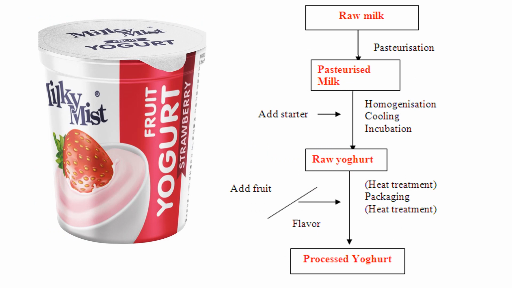The process is almost similar to what we have learned for the preparation of curd or dahi. The only thing is that here the culture is very specific, and some fruits or sugar or a specific starter culture is used. So first the raw milk is heated and pasteurized. Then, to the pasteurized milk, sometimes we can add some milk powder, so there will be homogenization and cooling, and then the starter culture is added at a specific ratio. Then it is kept for incubation.